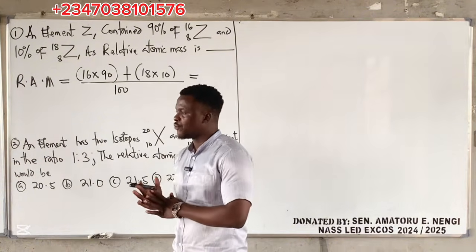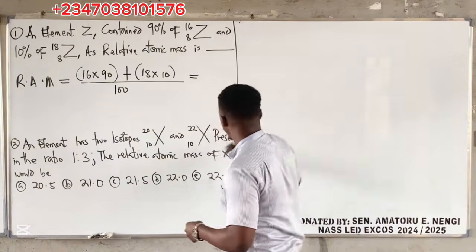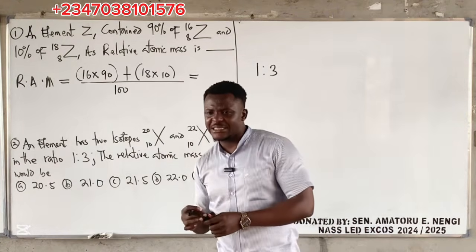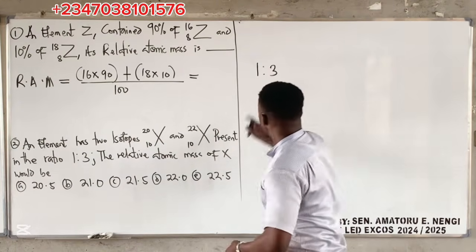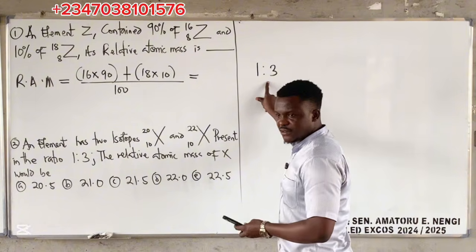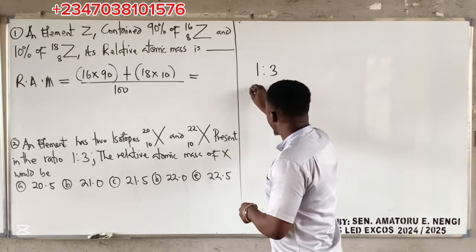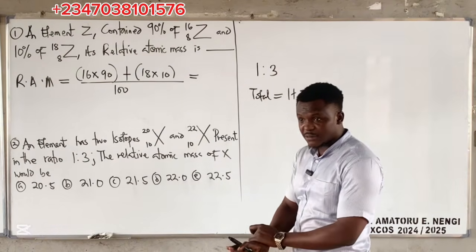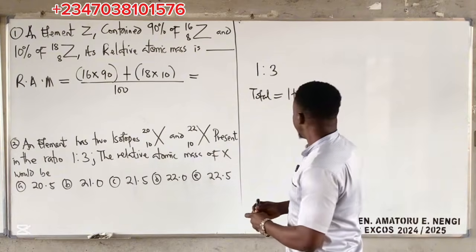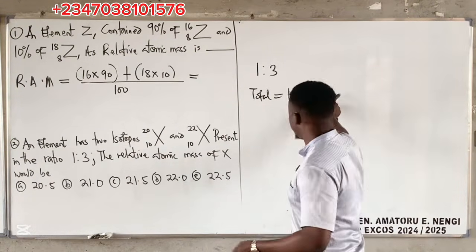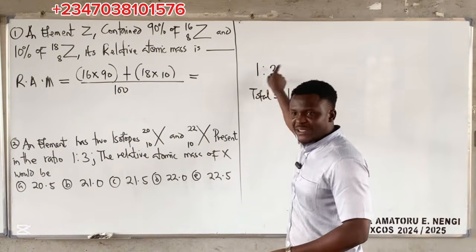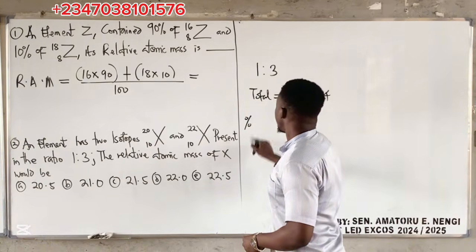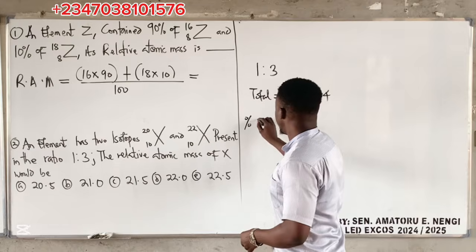Now let me give you an example. Anytime you have a ratio, if they say 1:3, to make it very simple, take it to percentage. Now, for me to know the amount this one is contributing, the total, anytime you have a ratio, the total is always 1 plus 3, which is equal to what? 4. That is the total. Out of these 4, they split it. Let's say 2 persons are to share 4, right? One will take 1, the other person will take what? 3. So the percentage of the first one will be, okay, let's do it